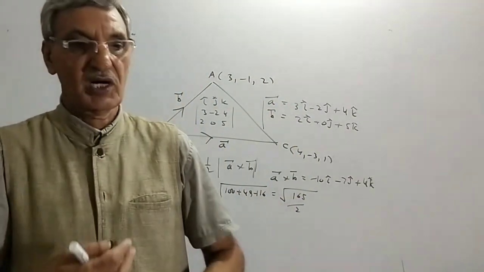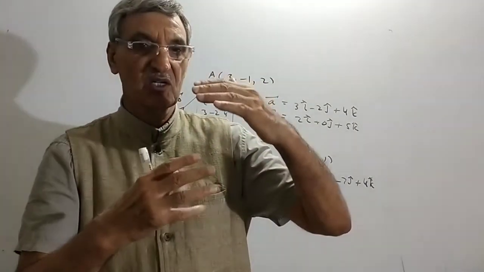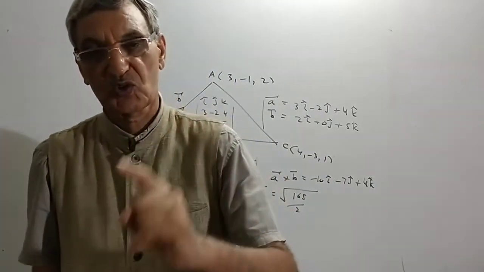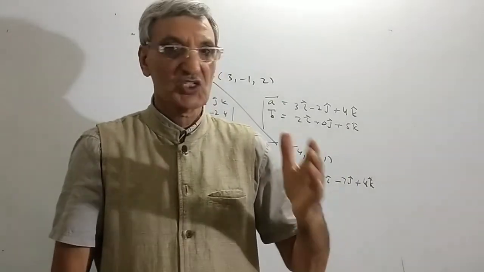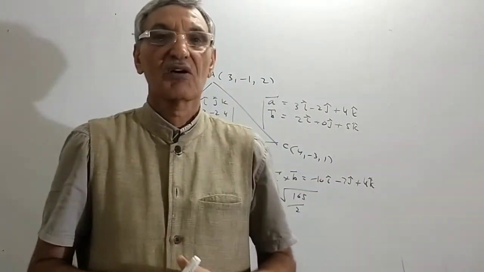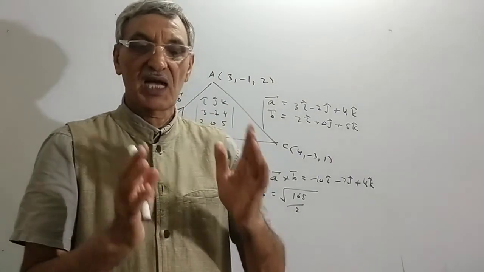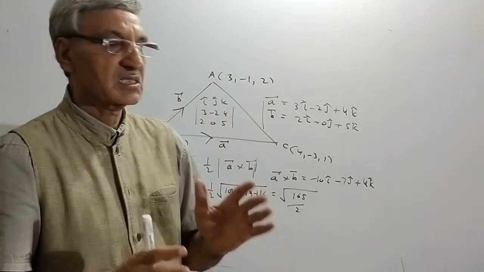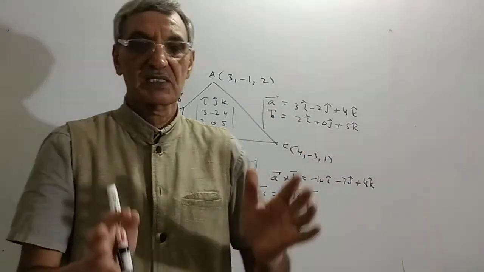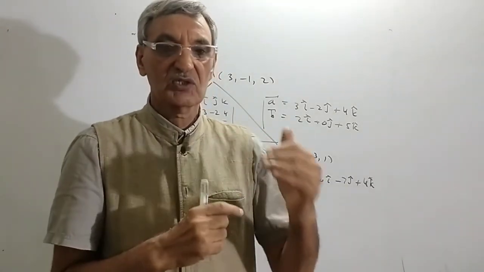In vector product, you get questions such as: find the vector perpendicular to two given vectors; find the unit vector perpendicular to two vectors; find the vector perpendicular to them whose magnitude is 10; find the area of a parallelogram; find the area of a triangle; find the sine of the angle between the two. And some simplification like A cross B plus C. These types of simple questions are asked in NDA. You can do them.